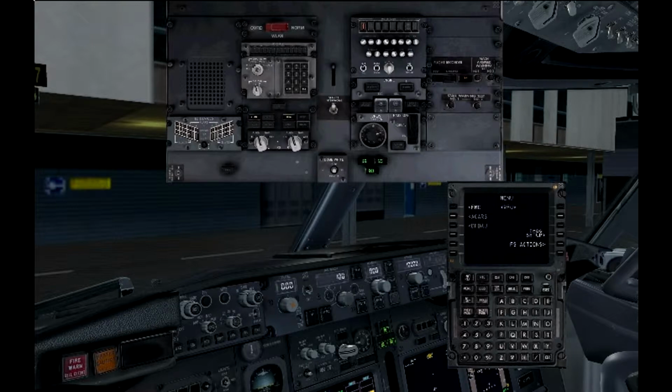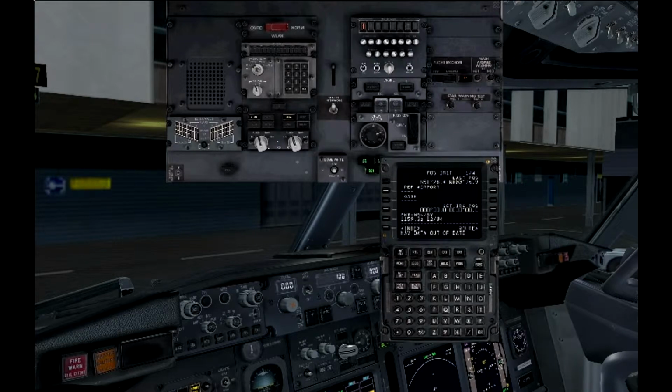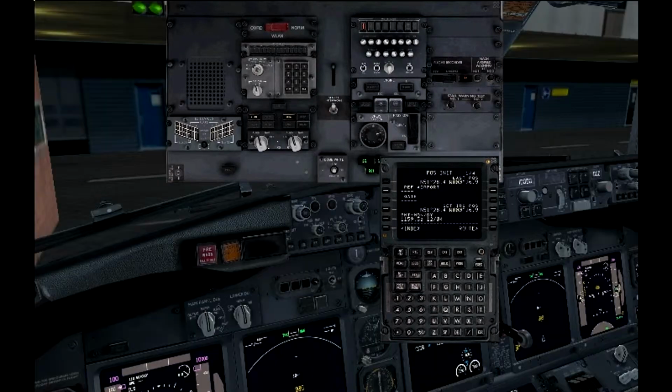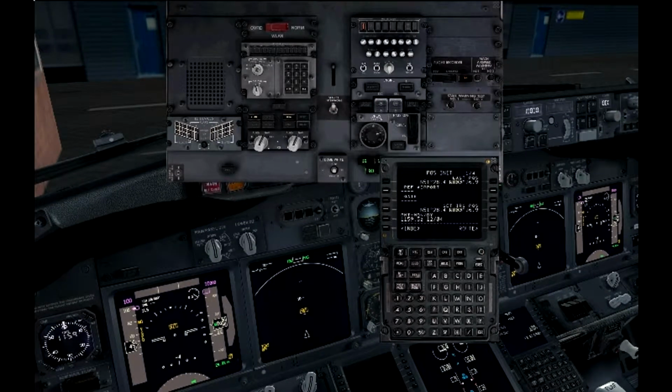We're going to come into our FMC by pressing menu, FMC, go to init ref, and you just get the position initial page. And where it says last position, that's the last GPS position. You click that, it'll copy it, and then you click Set IRS Position. And after you do that, you click 1 over to